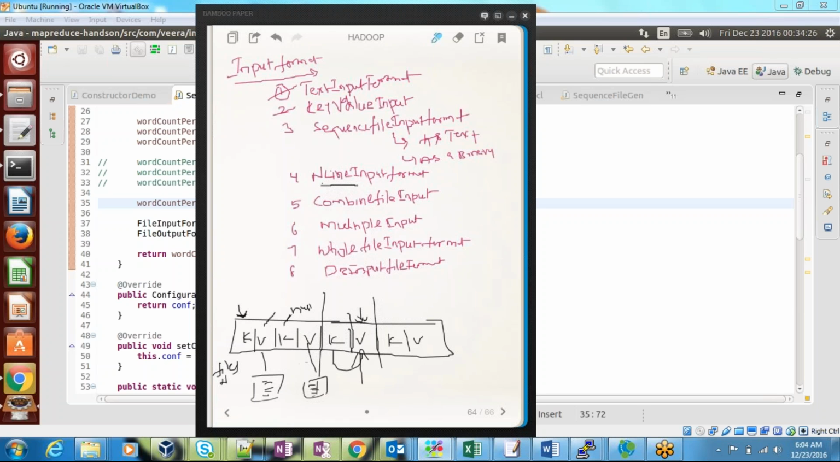This is another important file input format. So let's discuss it. Any doubt from sequence file? Yeah, Veera, I have one doubt. Yeah, go ahead. If you cannot read that file because it is in binary format,